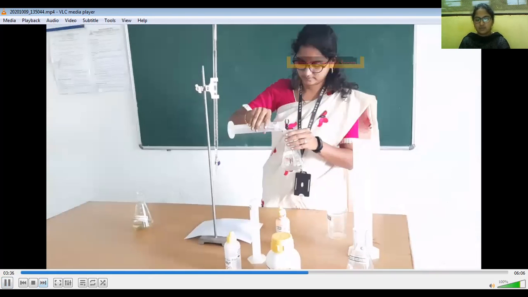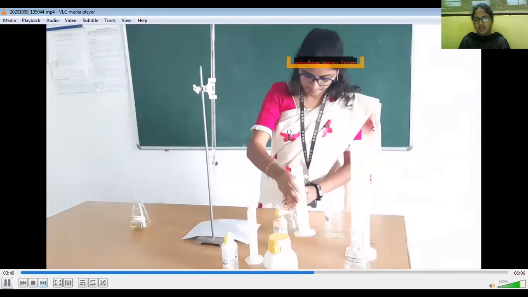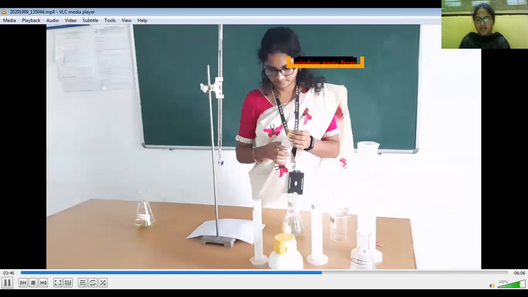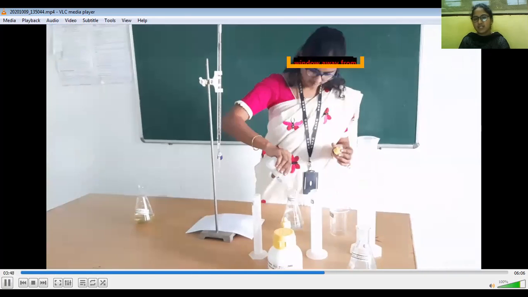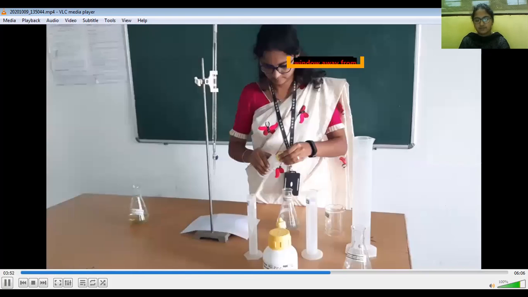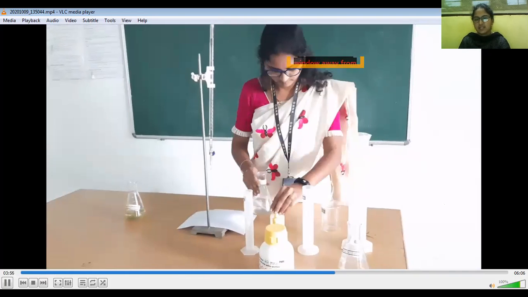So we'll move to the next step, that is, take another flask. Again we take 100 ml of sample and add 4 drops of phenolphthalein indicator into the conical flask. See the color develop.